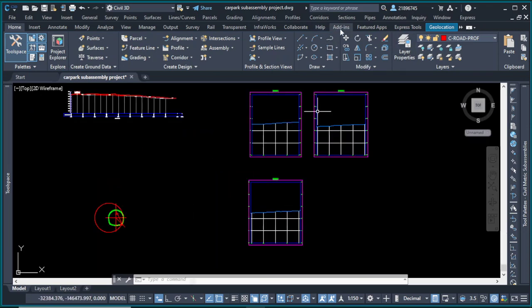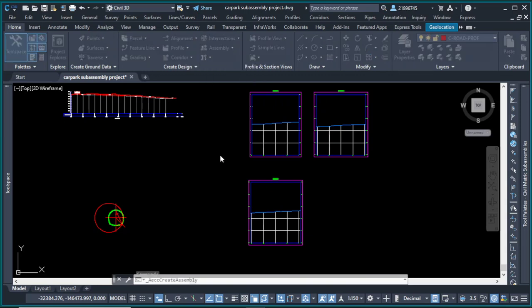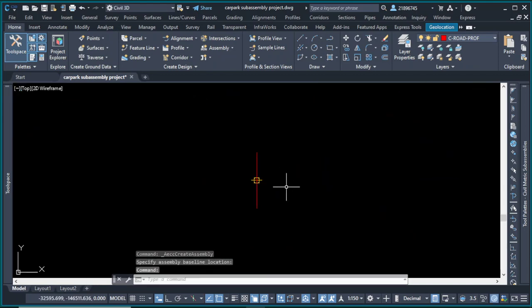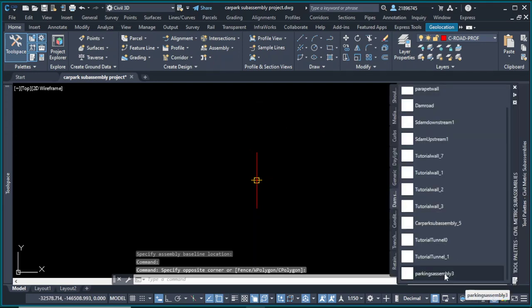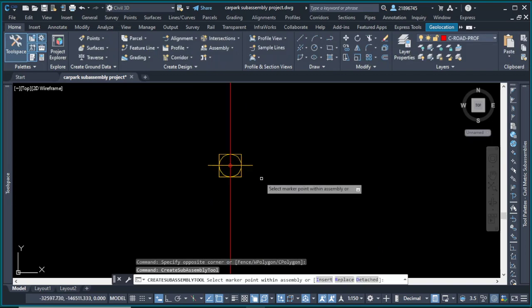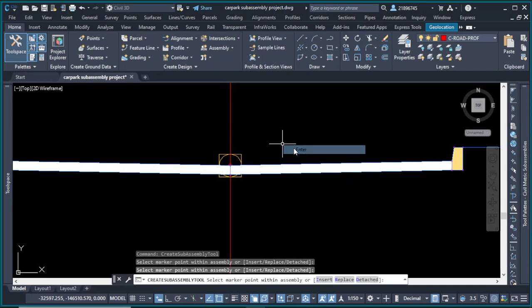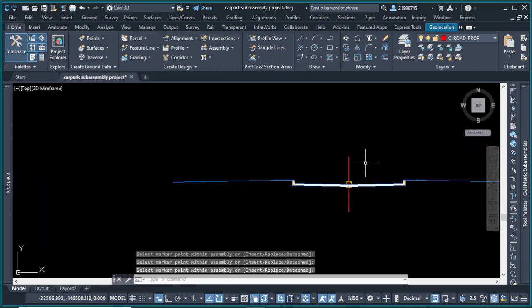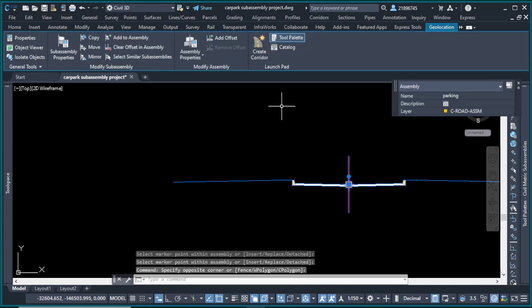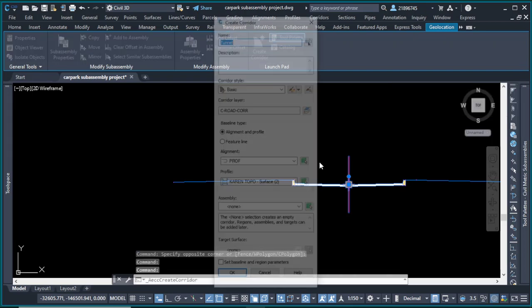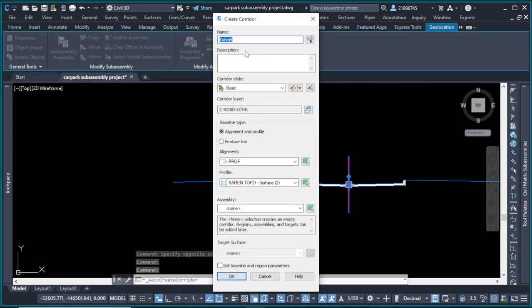So we just come to home, and then we just create an assembly, so we can just use that one. Then I'm just going to go with the default of that one, so just pick here and like that, and the other one like that. So let's create the corridor. So we just select this one, the assembly, then go to create corridor, and I want to call it parking,